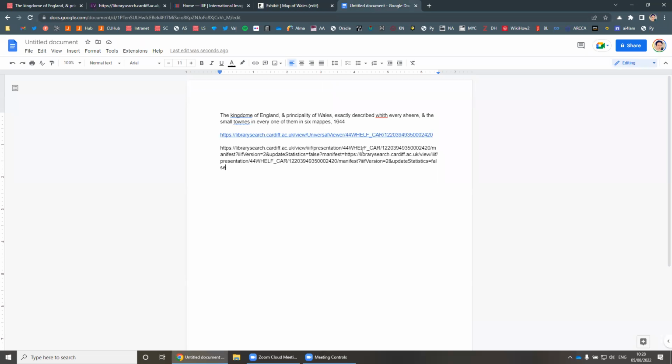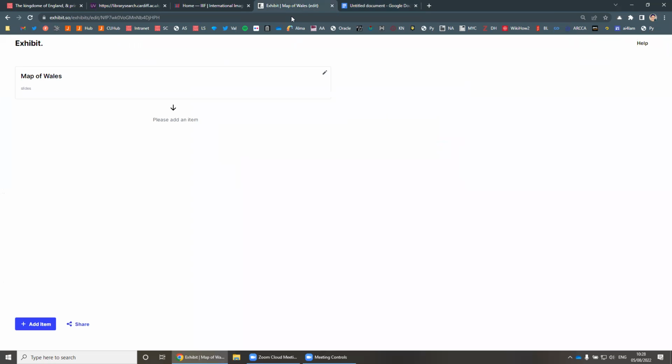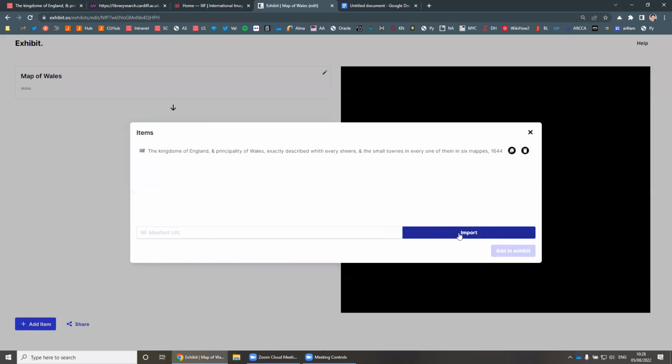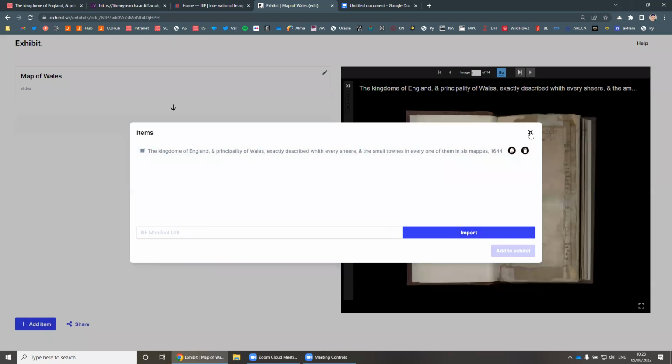But there's something you need to do to this before you can paste it in. You see it's quite a long link, and what's happening here is it's actually duplicated the URL twice. So as a rule, I find what works best is to go to the very first question mark that you see in the link and delete that question mark and everything that comes after it. Just clear that off. If you put that link in as it was, it won't work for some reason. I don't know why. But if you copy that short link there and go to add item and paste it in and import it, it will work properly and it will bring the map in